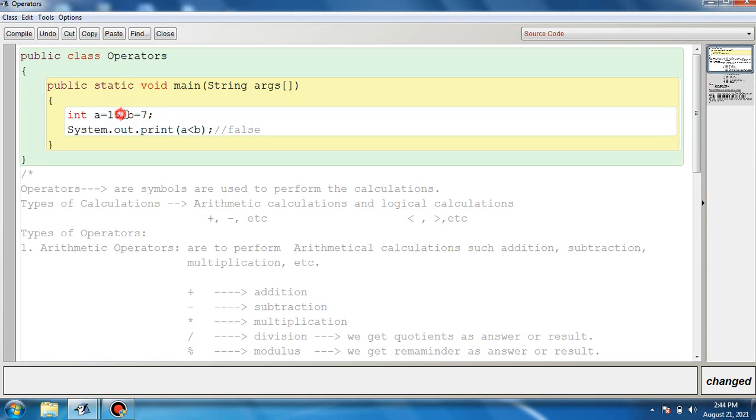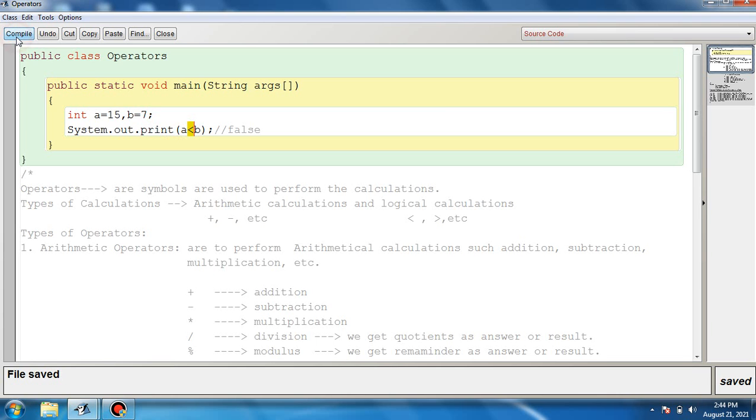If I make A 7, and the value stored in B is 17, then definitely it will be true. First of all, let me show you false. If the value stored in A is greater than the value stored in B, the less than operator will result in false.